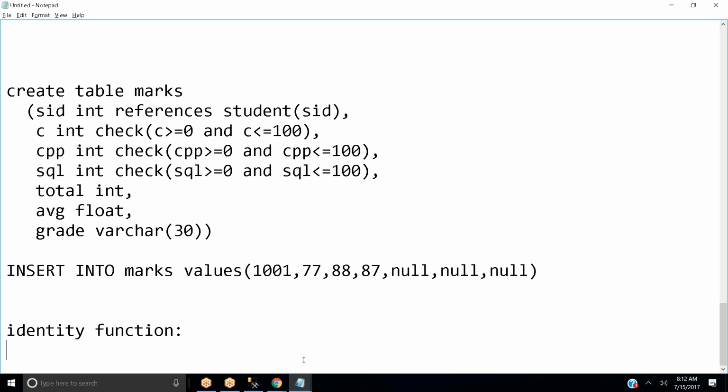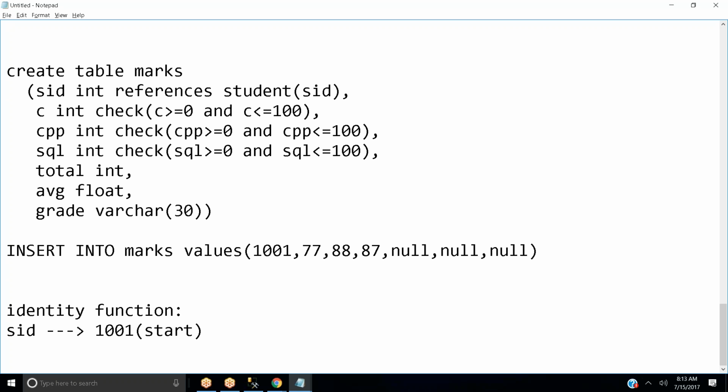In your student table, your student ID is starting with 1001, correct? This is your start value. Am I right? And whenever you insert another record, it is getting incremented by 1. Am I right? Correct. 1002, 1003, 1004 like that.